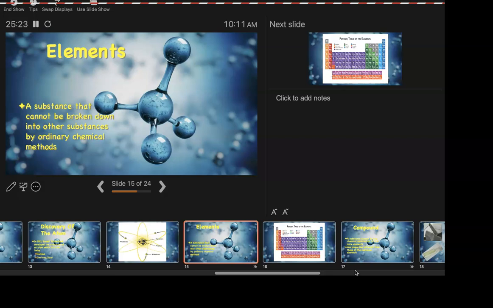Unfortunately, this definition doesn't entirely work so well in geology. It's a real definition, it's true, but you remember how I told you in the lab, when you're out there Googling the definitions for your vocabulary words, try to make sure that it is relevant to the class that you're in, and so on and so forth. So a substance that cannot be broken down into other substances by ordinary chemical methods, all right? That's our working definition of an element.